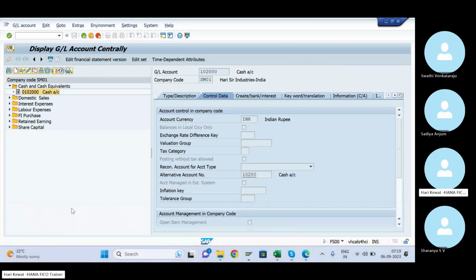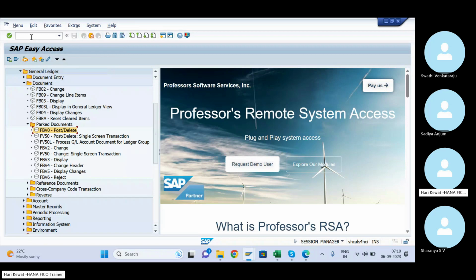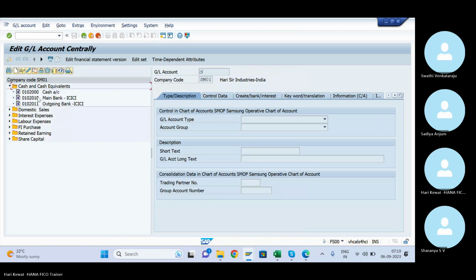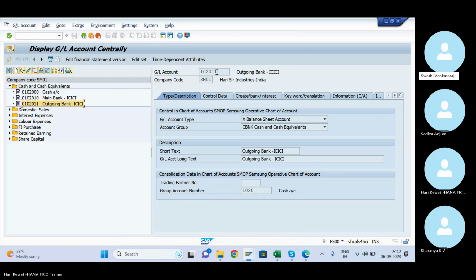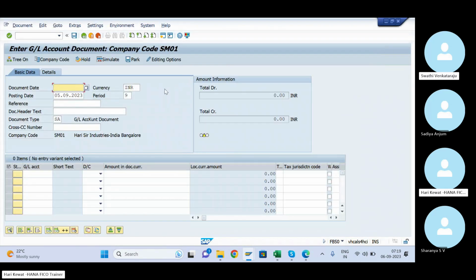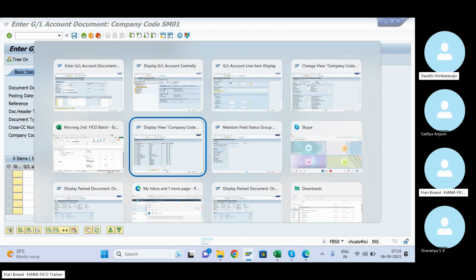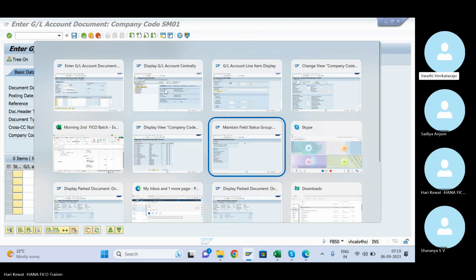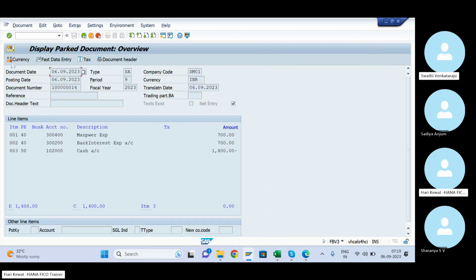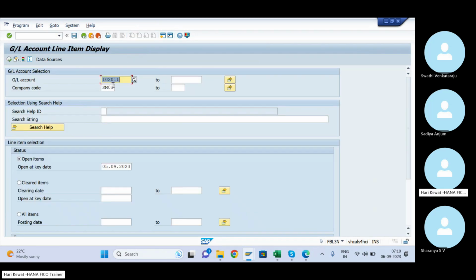Select the bank GL, FS00, this bank GL. Where is the line item report? Slash N FBL3N. This is the GL line item report.